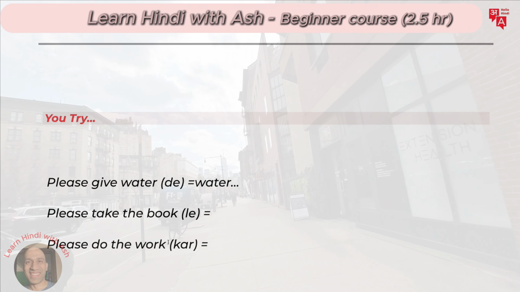Now here's the final idea, a quick word about please. So please, the word is kripaya, but you never use it. You can check with your family or your partner. You never use it. It sounds very formal, and it's best to be avoided at the start. It's not very conversational. So the please in our examples above is implied through your tone. You just be nicer and kinder, and you'll get it. Okay, so remember, practice these, and you've got some other parts here as well for you to practice.